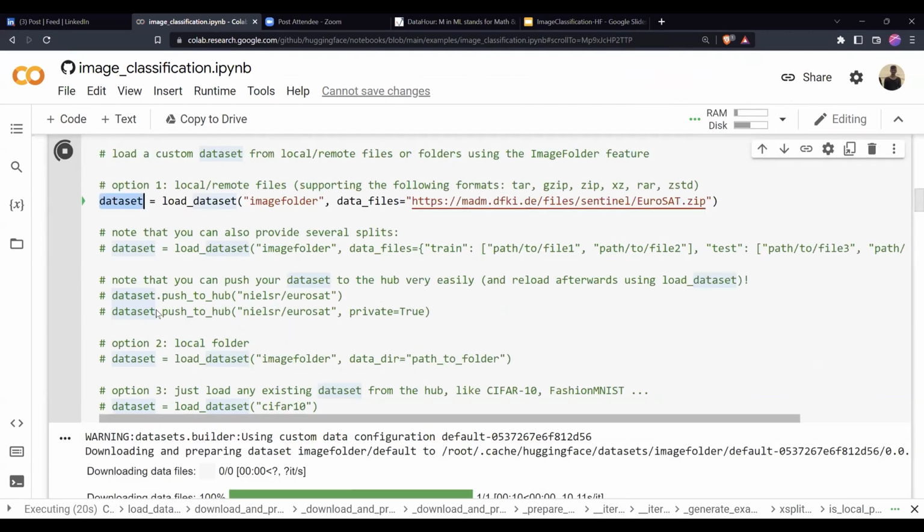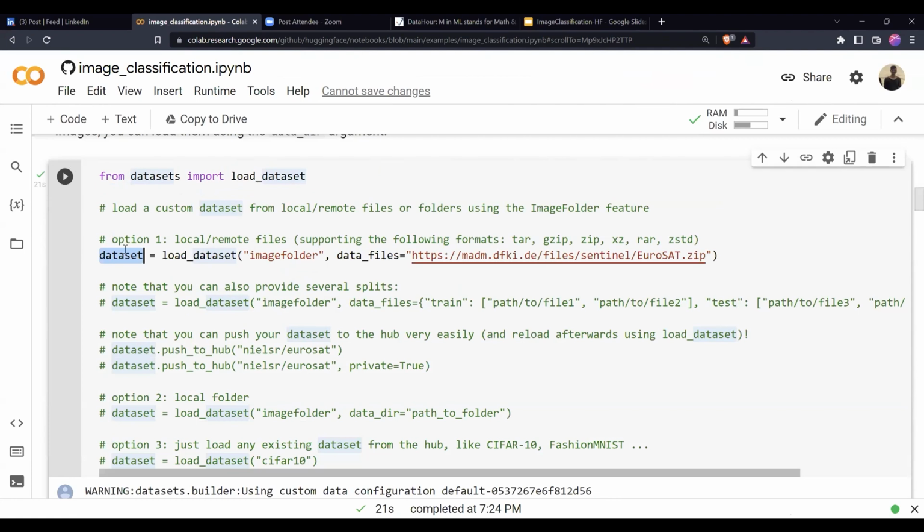Behind this dataset object, we use Apache Arrow. Apache Arrow is a very interesting tool that we use behind the scenes. I cannot explain in this video how Apache Arrow works, but I can show you what we can do with it.